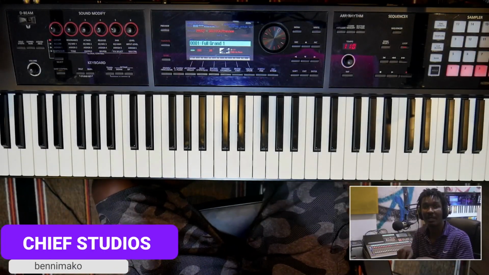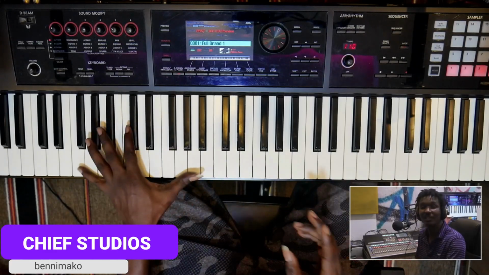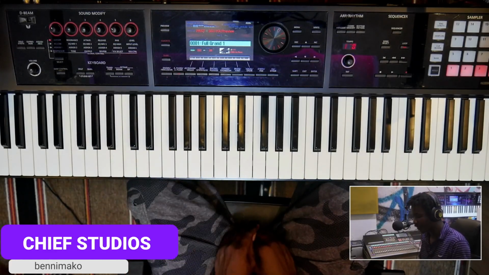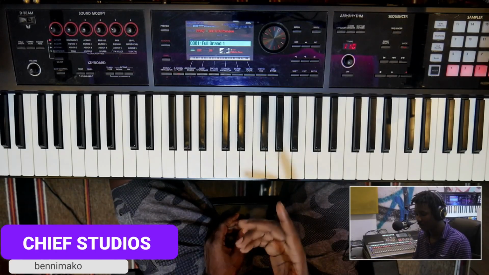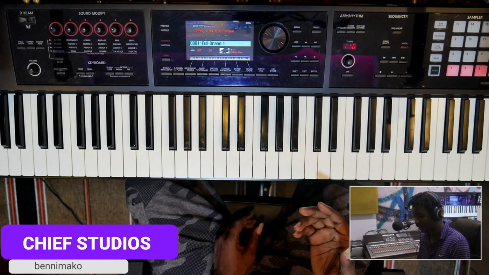Now I'm back to the keyboard. Let's see what we got in there. Now we want to learn the major scale and play it with chords. Basically, we all know the major scale already, and that's